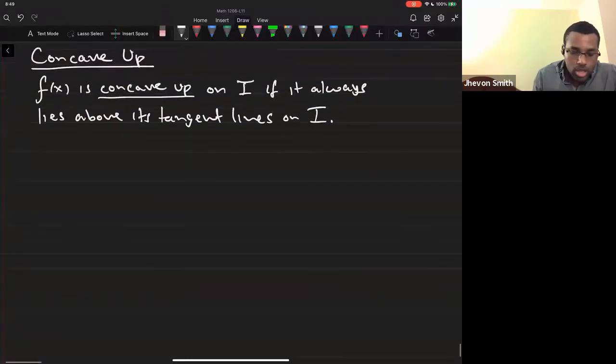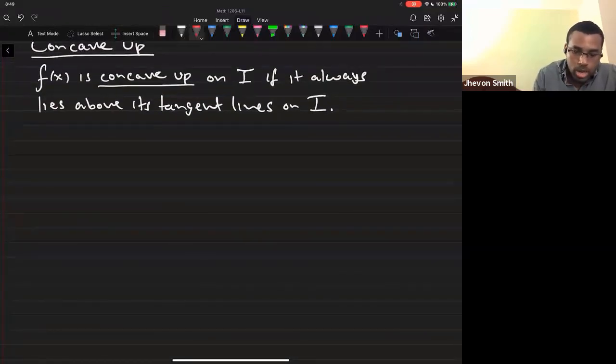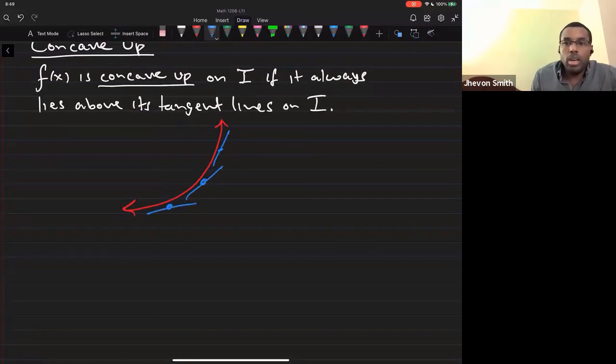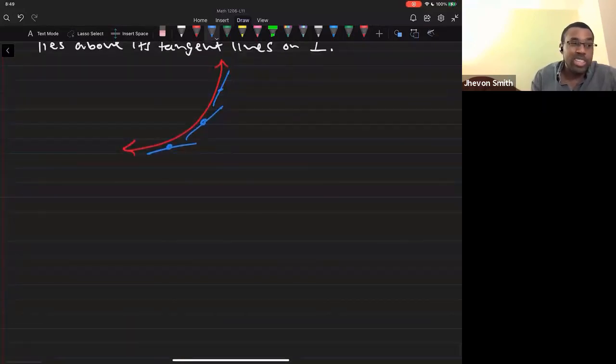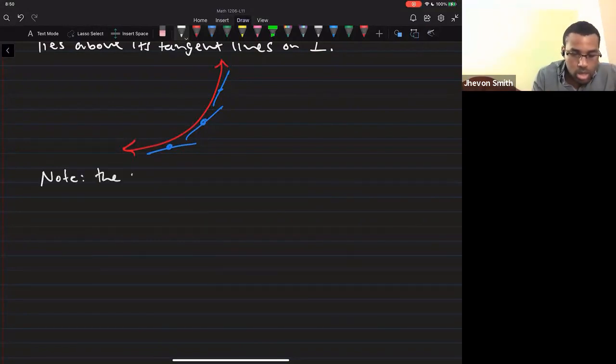on I. So you'd have your function f. You can have a function like this. If every time you create a tangent line, the function is on top of that tangent line, you would say that the function is concave up there. It's always up above the tangent lines. So it's called concave up. Note what's happening to the slopes here. Note the slopes are increasing,